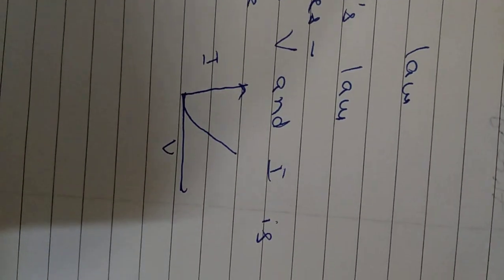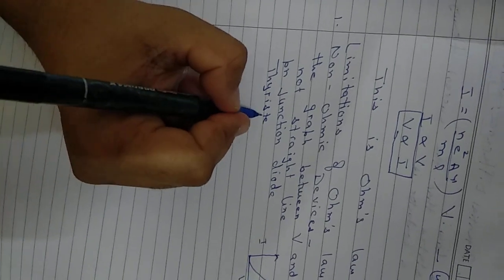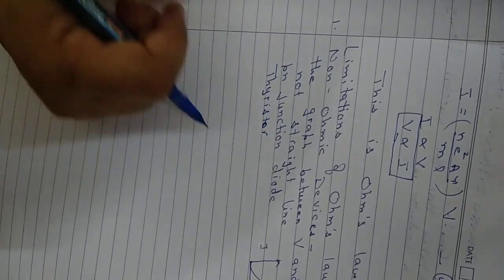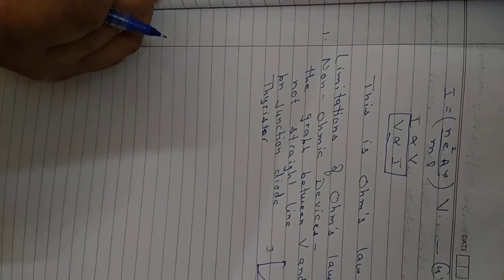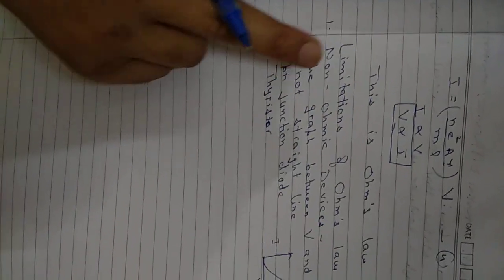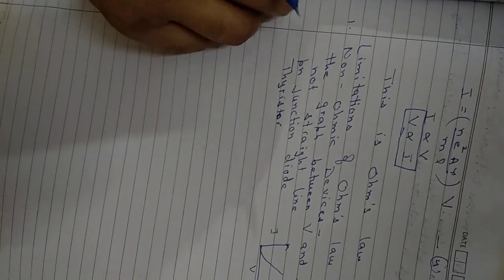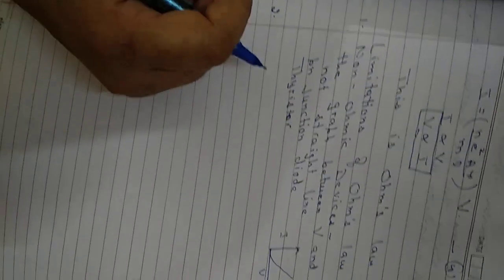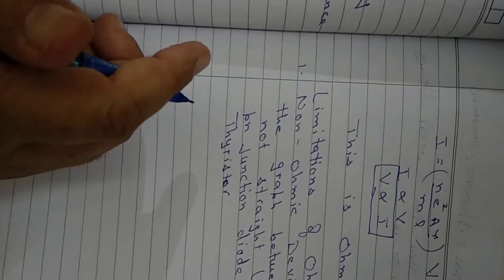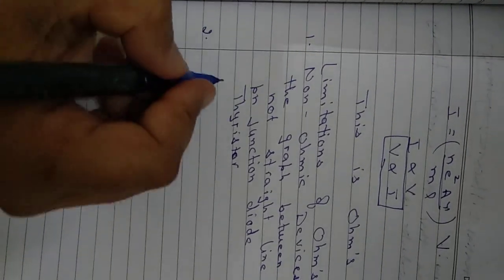There is also another device called a thyristor. A thyristor is a device in which the current decreases with increase in voltage. As we increase the voltage, current decreases. So that is also a non-ohmic device. That is a limitation of Ohm's law. Another limitation is this: when a large current